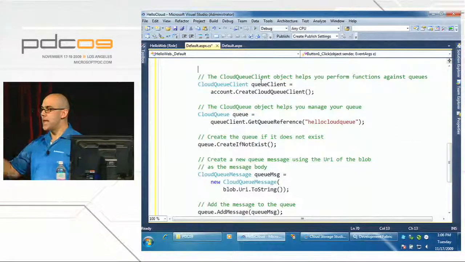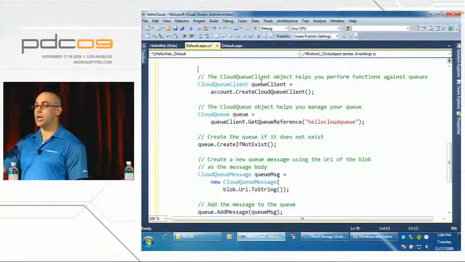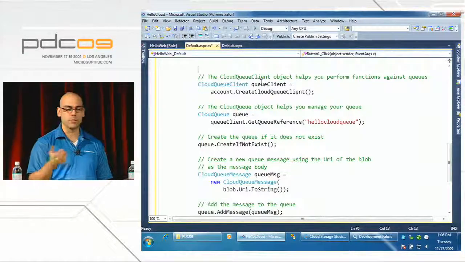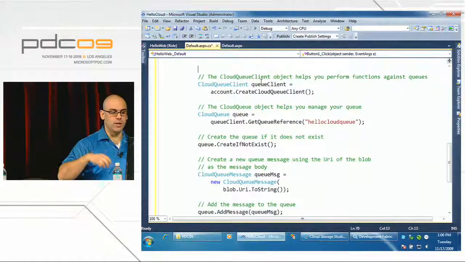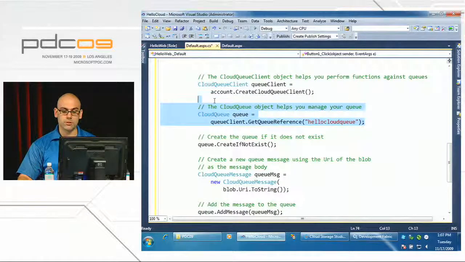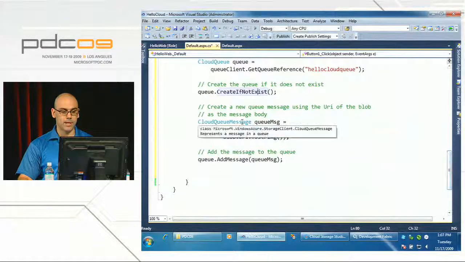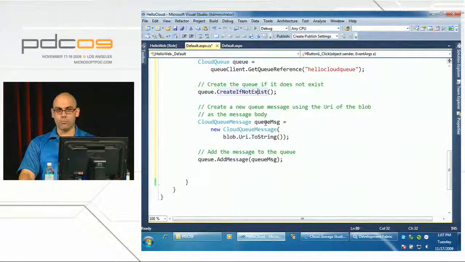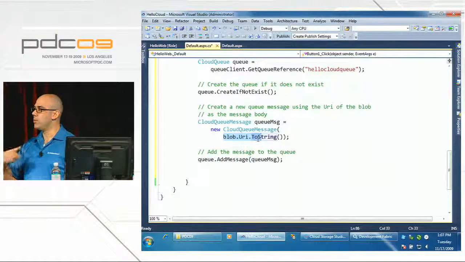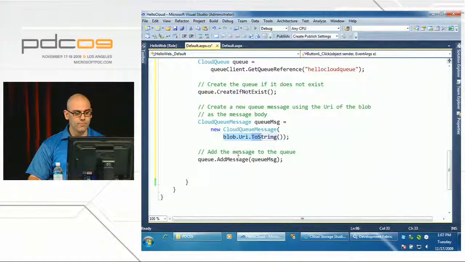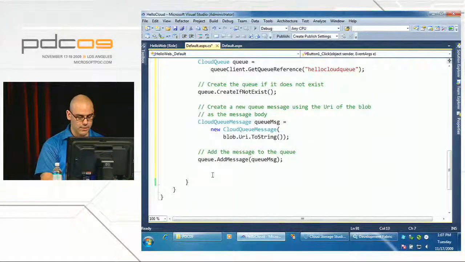Now you'll notice that we use the same pattern, the client. This time we're using a queue client. So it's exactly the same as our blob. We go and get ourselves a queue client. We go and create our queue. So this one's going to be called Hello Cloud Queue. We're going to create it if it doesn't exist the first time around. And then we're going to create ourselves a message, which is the message that's going to contain our information. And the message we want to capture is this URI to the blob. Where are you storing this blob? And then we're going to add that message to our queue. And the last step is let's go and update our label